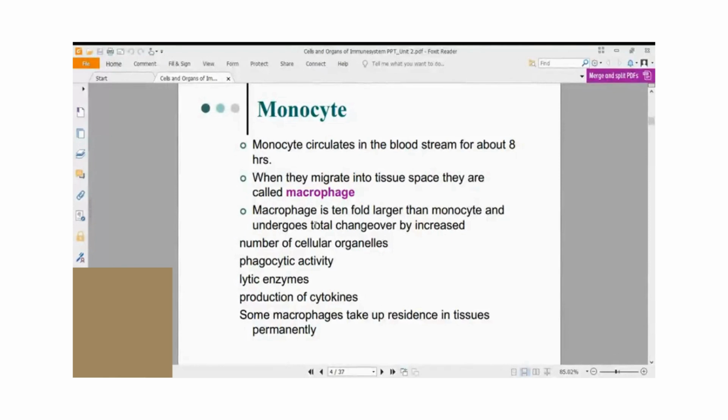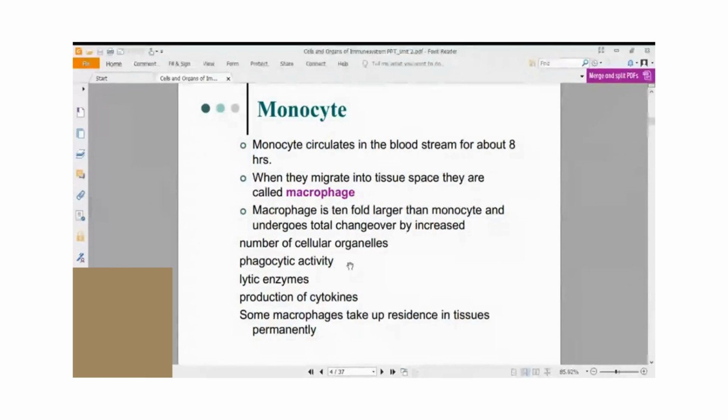Those antigens will be encountered by the macrophage in the tissue spaces. The macrophage shows not only a larger size, it has a larger number of cellular organelles and tremendous phagocytic activity, plus a large number of lytic enzymes in the cytoplasm. And as soon as they encounter a foreign antigen